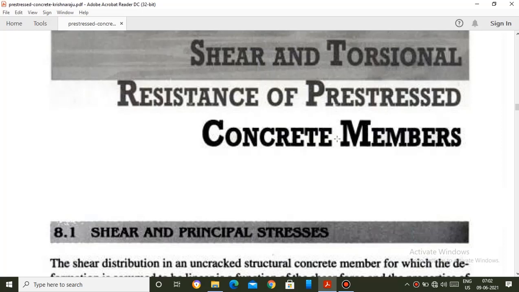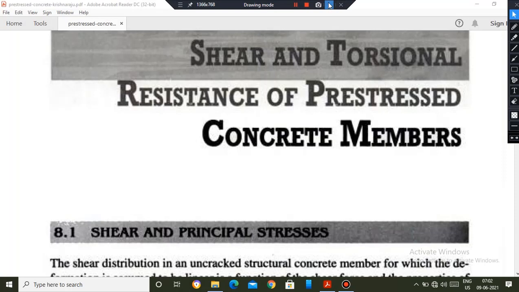Up to now, in previous classes, we have discussed the basic concept of design and drawing of reinforced concrete structures for design for shear and torsion. We have seen what is meant by normal stress, what is meant by shear stress, what is meant by shear strength of the concrete, and the percentage of the steel reinforcement. Based on that, how the shear stresses develop at the support, and the shearing resistance of the concrete depends upon the percentage of the tension reinforcement and the grade of the concrete. All these parameters we have discussed till now.